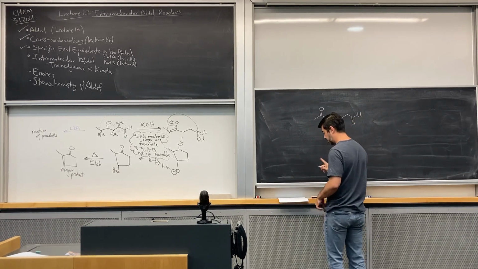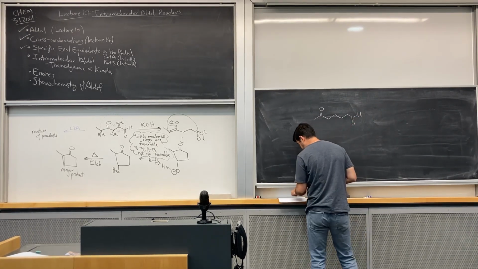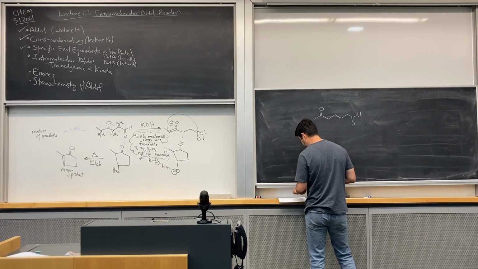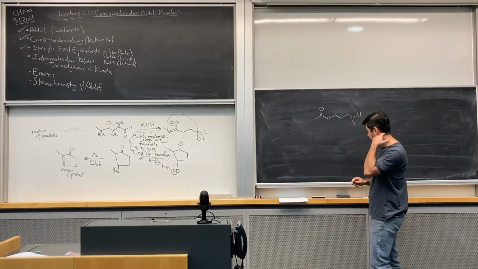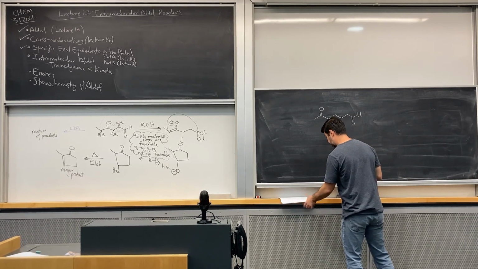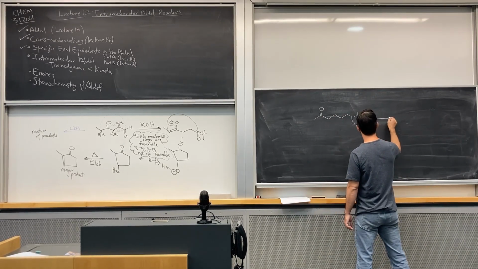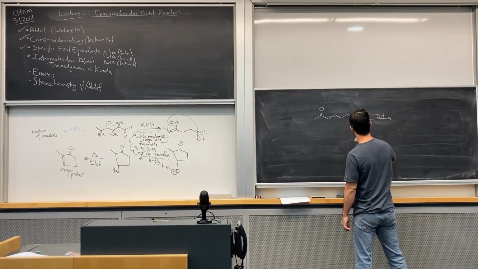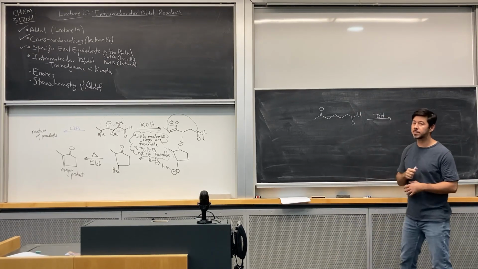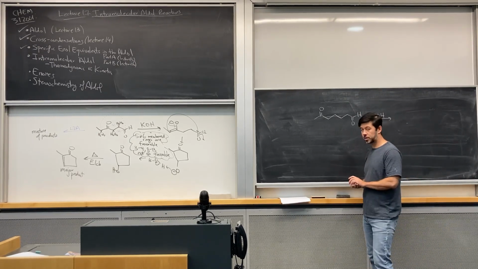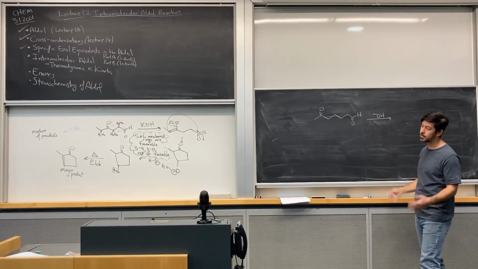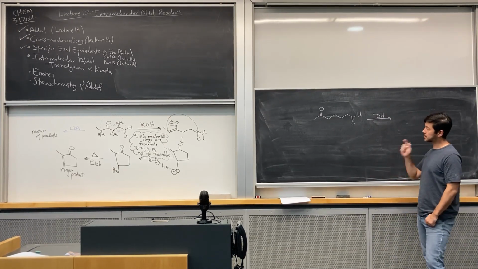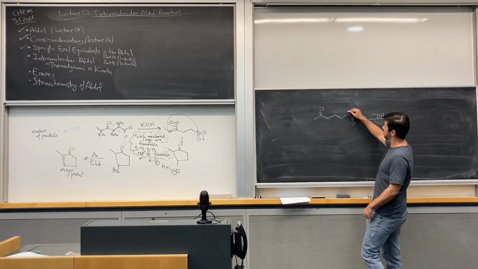I just want to make sure I have the right number of carbons. 1, 2, 3, 4, 5, 6, 7. Okay, good. So if we treat this compound with sodium hydroxide or potassium hydroxide, let's ask the same question. What are the major products, or what's going to happen? So apply that same strategy. Look for